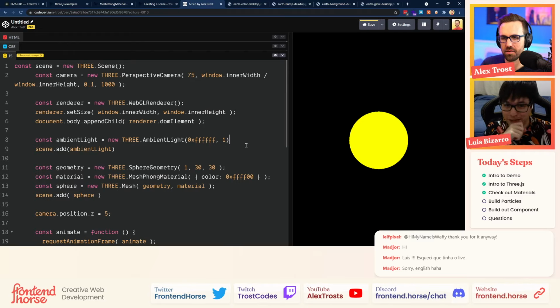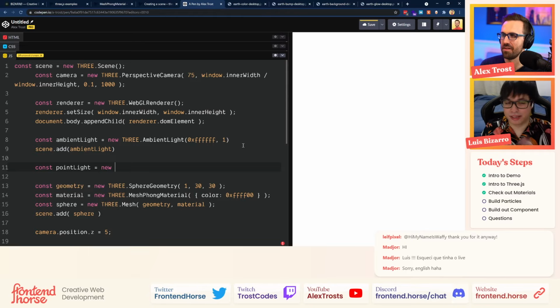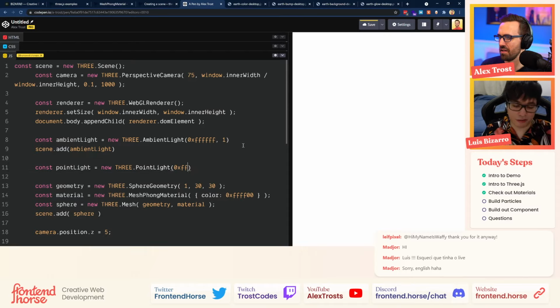Usually, I think we can use a point light as well, just to start to see some reflections on depth in this material. Yeah, some depth, because probably we need to turn down the ambient light a little bit to make that appear. Yeah, a point light, and then the same stuff that you have for the ambient light.